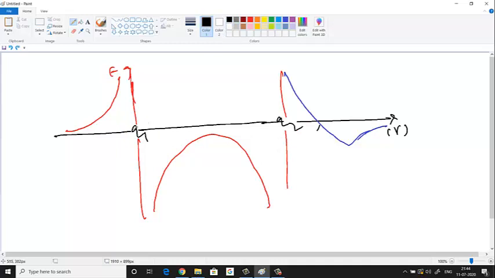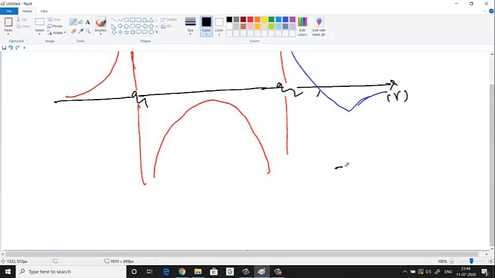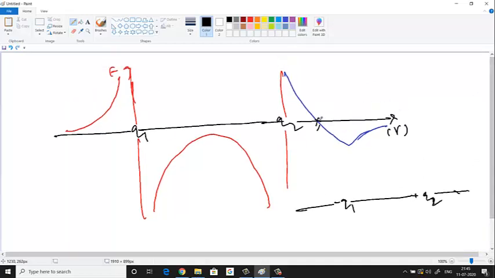So first of all, we don't know the sign. But just now we saw that if we have a negative charge and one positive charge, Q1, Q2, then if you join the line, in between there won't be a 0 point. Either you'll have a 0 point here or you'll have a 0 point here. So where do you have a 0 point? You have a 0 point on the right side of Q2. Yes or no? This is the 0 point.